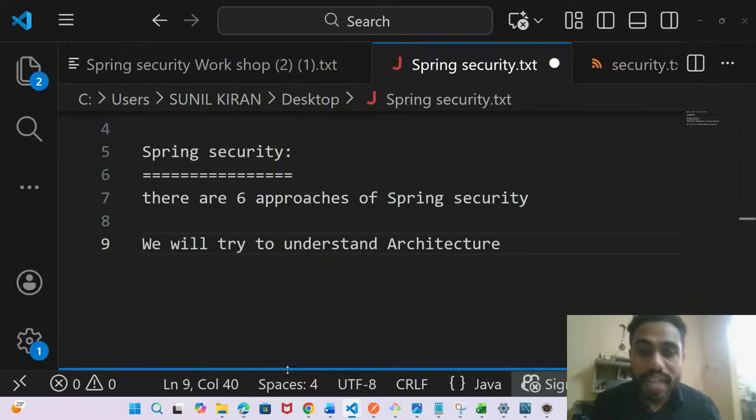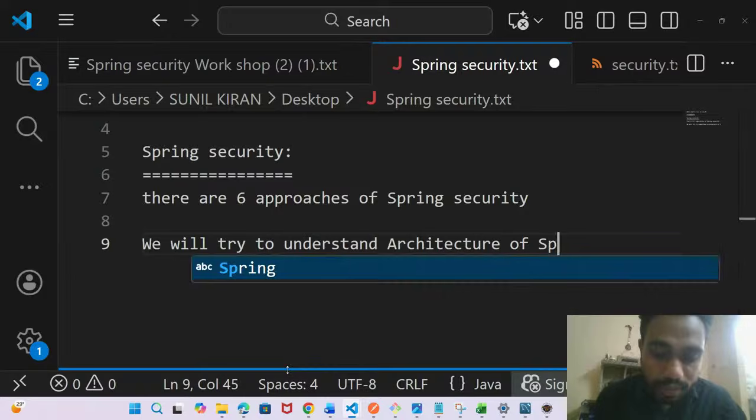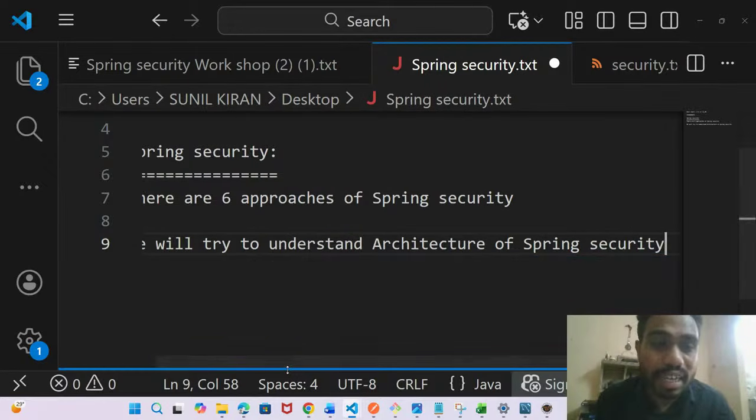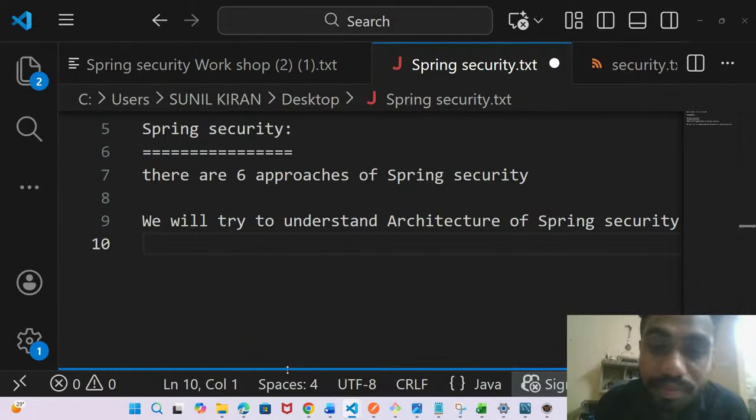We'll try to understand the architecture of Spring Security. Guys, first of all, you should understand the architecture very well. Why is architecture very important? Because the interviewer will expect your understanding of the architecture of Spring Security.